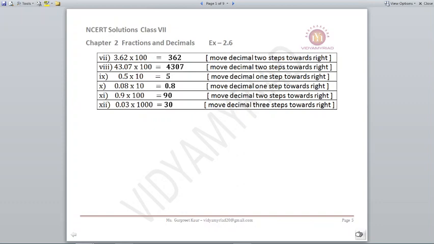0.5 multiplied by 10. How many steps? Only one step. So only 5 is your answer. One step is there, 5 with me. So 5 is my answer. Next,